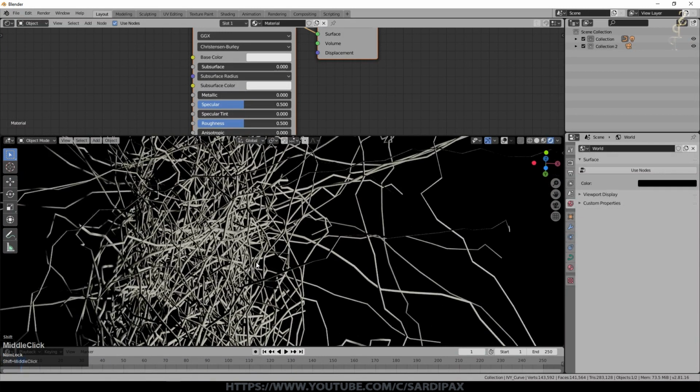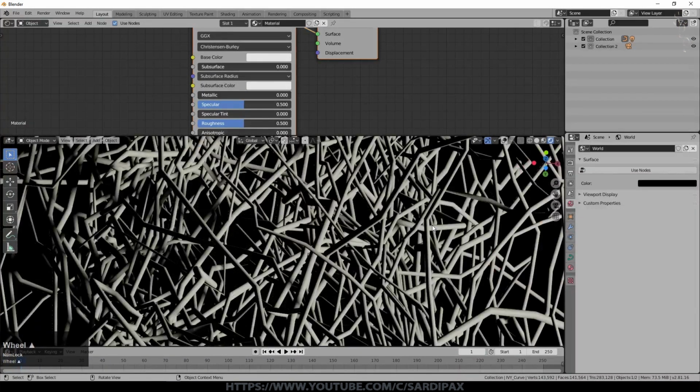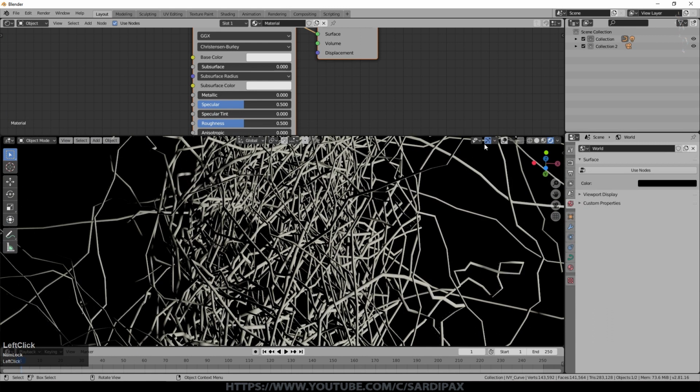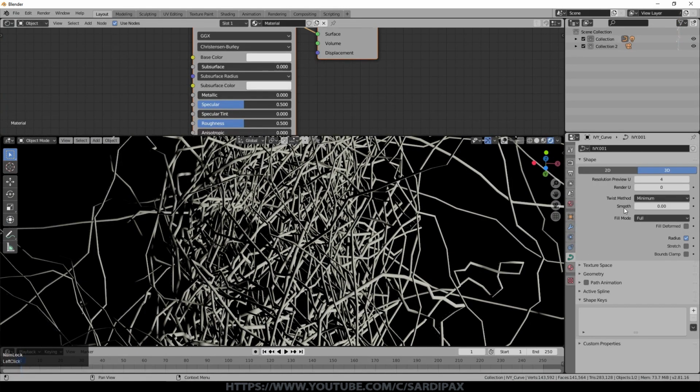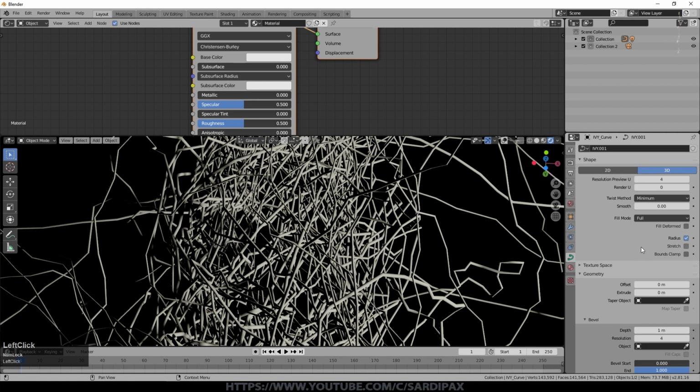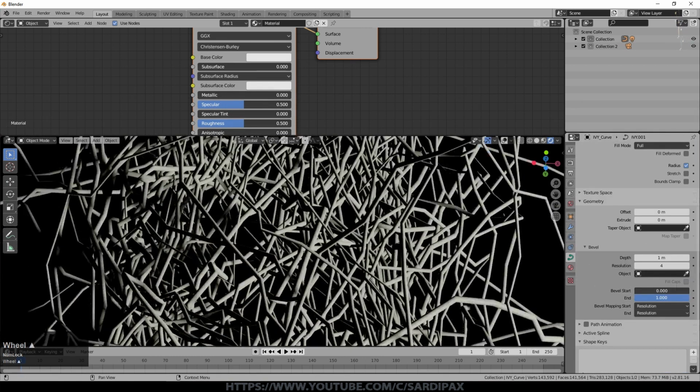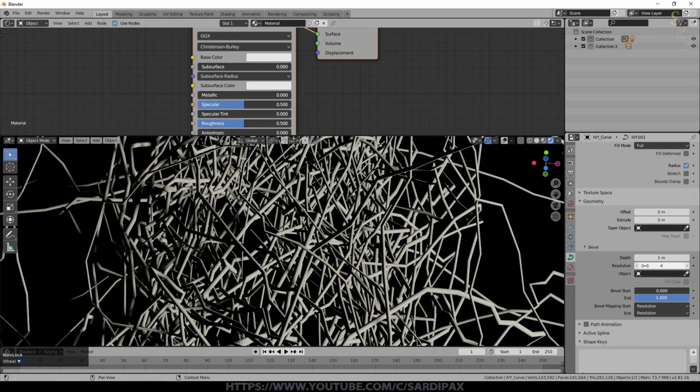Obviously the blender units in the one that I did, the little subunits were quite a bit smaller, so I had more detail on the curve. But this is still a curve. So if we go to the curve properties, we can play around with some things in here. So if we open geometry and come down to bevel, I actually reduced the resolution of mine because I had an awful lot of vertices in my scene, so I wanted to cut them down a bit. For this scene I haven't created such a dense tangle, so I wouldn't necessarily need to. You can see I've only got 143,000 down here, and even after reducing the vertices I had 12 million vertices in my other scene, and that's quite a lot.